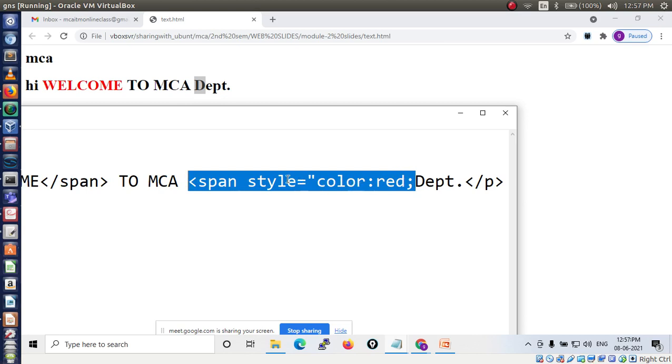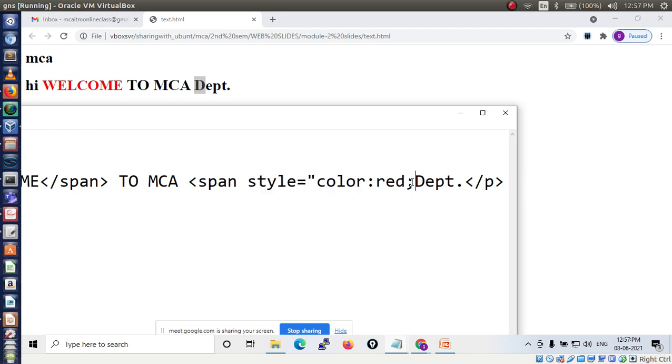So now this span is still open. Here I have to close this span tag. Close the span tag. That's it.